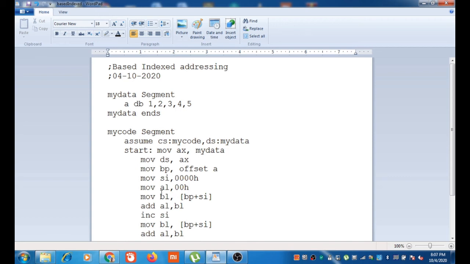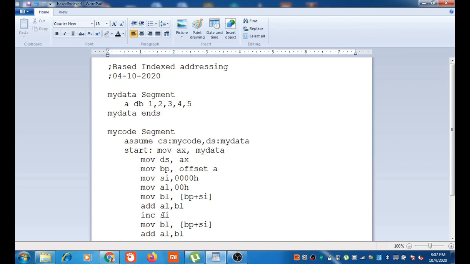Then after that we will move the array elements one by one. We will move the first element of the array to BL register using based indexed addressing mode. Then add that to AL.